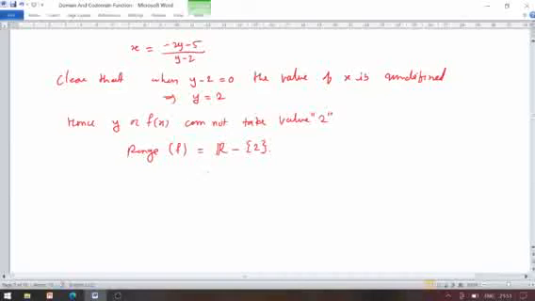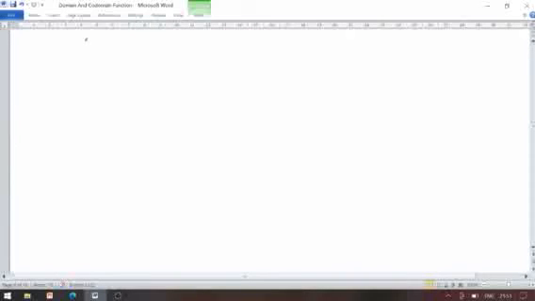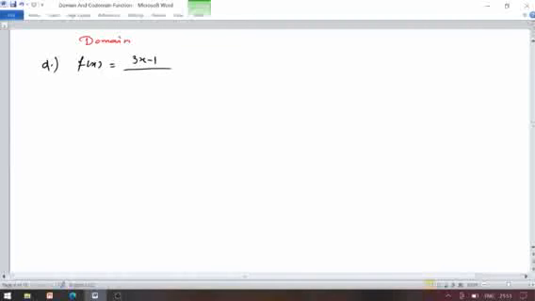Now look at the next problem we have. It is of the form finding the domain of the given function. The given function is f of x equals twice x minus 1 divided by x square minus 4. Again same thing, f of x is defined for the set of all real numbers of x except for the case whenever the denominator becomes 0, because once a denominator is 0, the value of the given function is undefined.